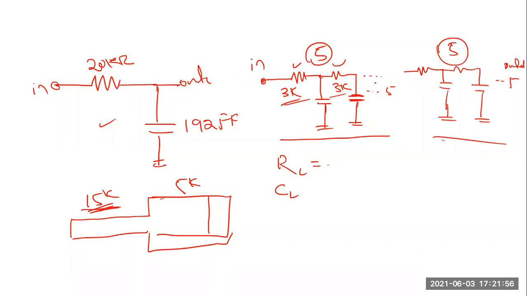Sir, 19.2. Total, what is the total capacitance you have calculated for this section? 13.9 femto. Who said 19.2? Sumant, why 19.2? Sir, I just put the wrong value. After half an hour you are putting a wrong answer.